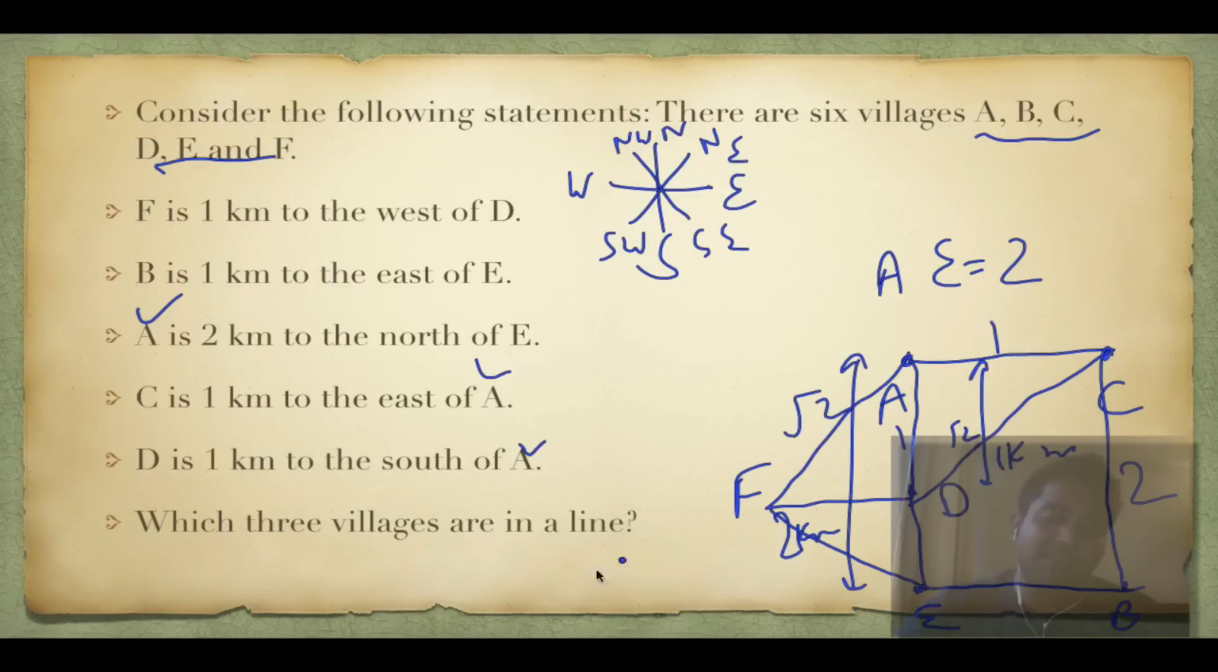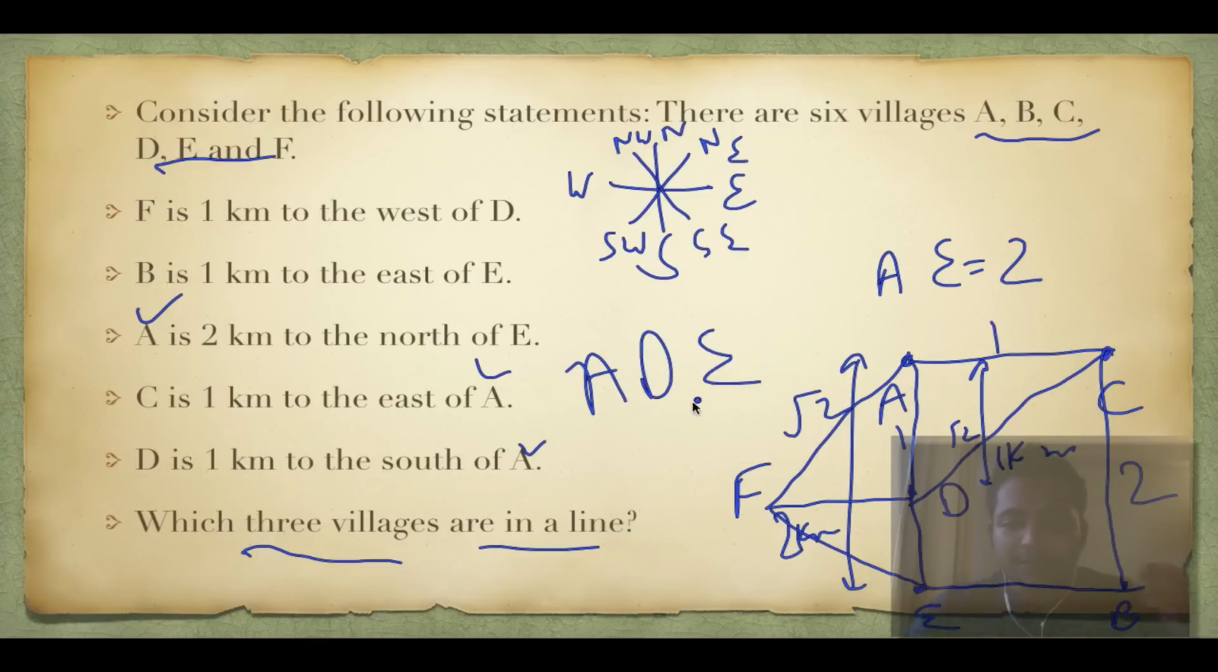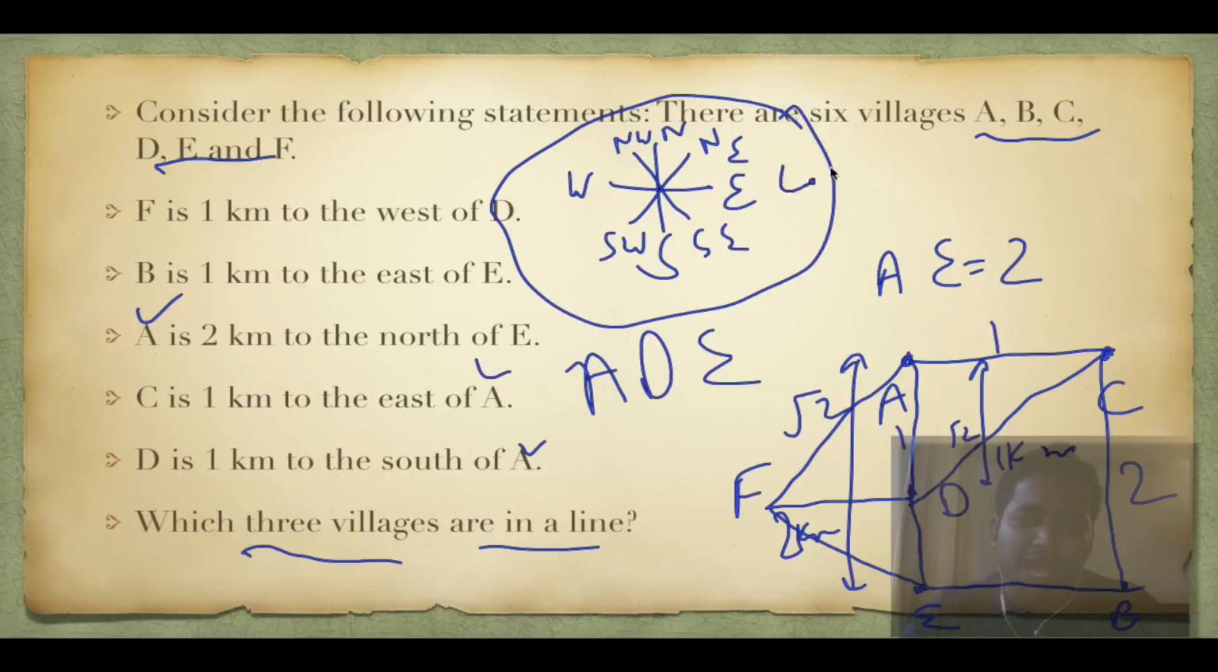They can ask anything. Now they ask a stupid question: which 3 villages are in line? So obviously the answer is A, D and E. See, if you know the concept, nothing is impossible. Just remember this diagram and you'll solve everything. North, south, northeast, west, whatever. And make sure that you are scaling them correctly when A, D and E are used. So moving forward,